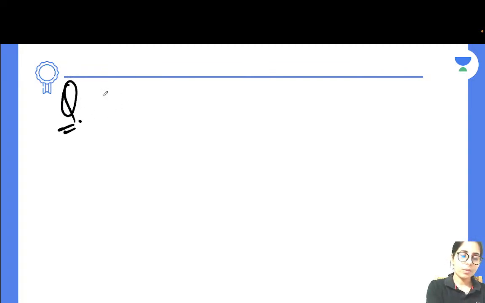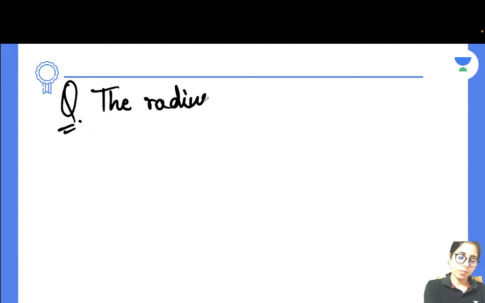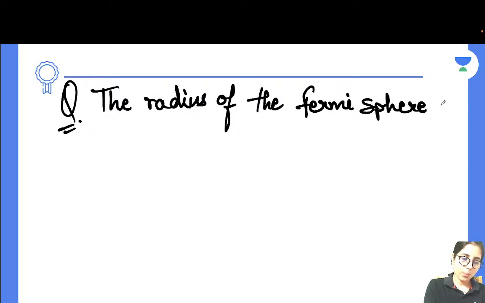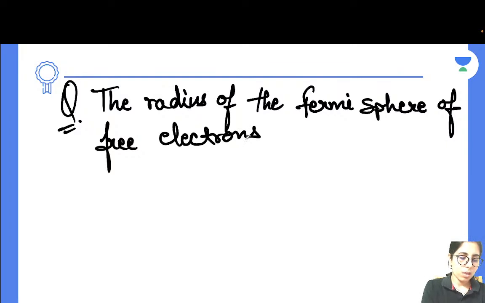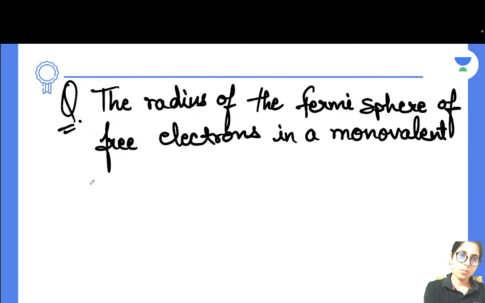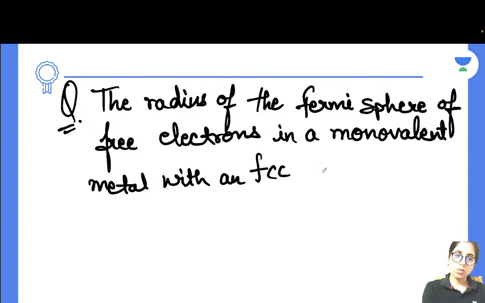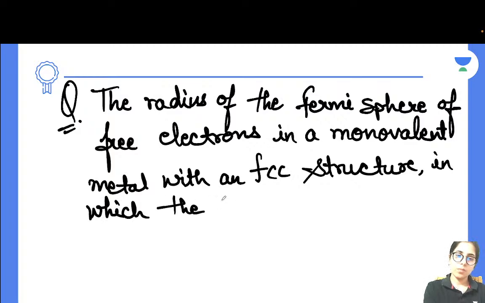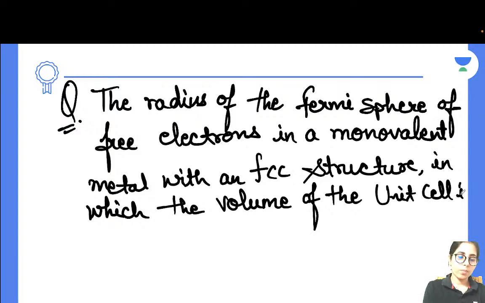So your next question is: the radius of the Fermi sphere of free electrons in a monovalent metal with an FCC structure, in which the volume of the unit cell is A cube, is